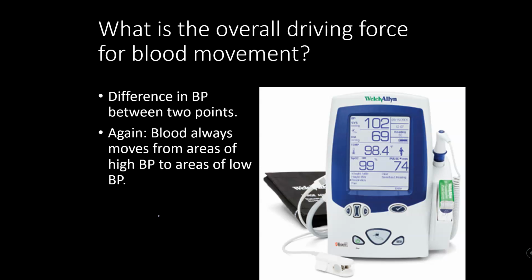The overall driving force for blood movement is blood pressure. And it is always, again, high to low. The stupid scenario that I always give you for this is, again, imagine that somebody just walks up and stabs you. You are now going to be bleeding out of a stab wound. That's because hopefully you understand your blood pressure is 0 outside of you. Your blood is not outside of you, but the blood inside of you is under pressure. That's why your blood is going to go from inside of you to outside of you, because blood always wants to go from high to low. That's just the way blood works.